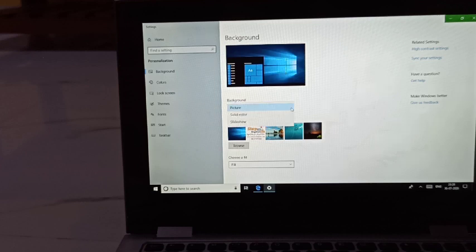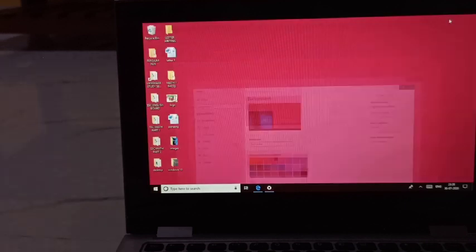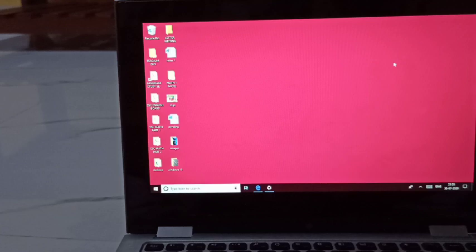If you want to change the color also, see here again in that background option, solid color is there. Just click on that solid color. See again, many colors are here, right? I have just selected the rose color here. If you want to check, just minimize the screen. See again, the background color also gets applied here.